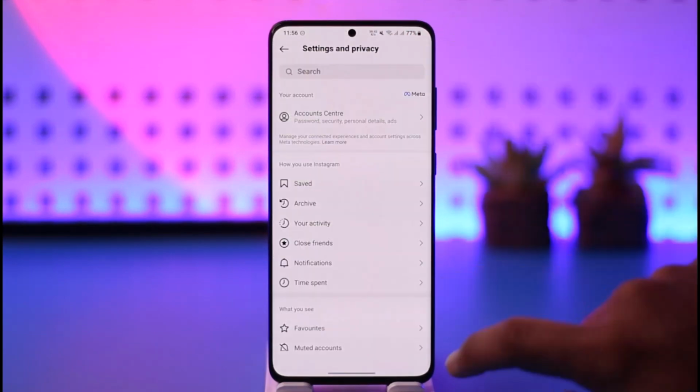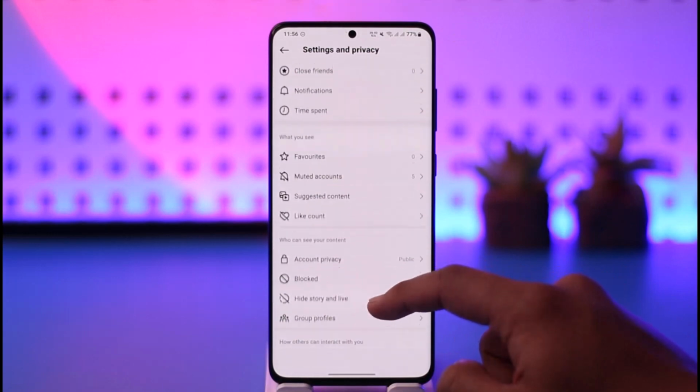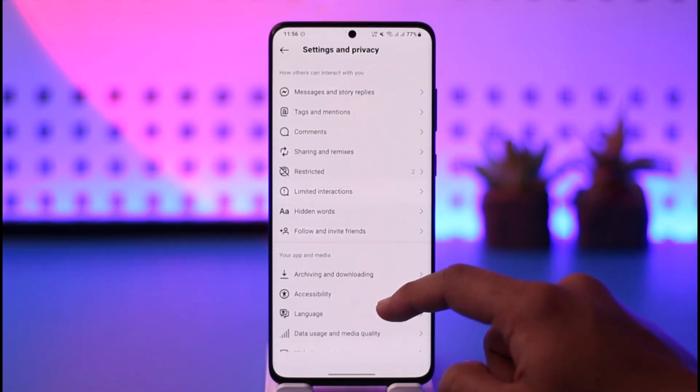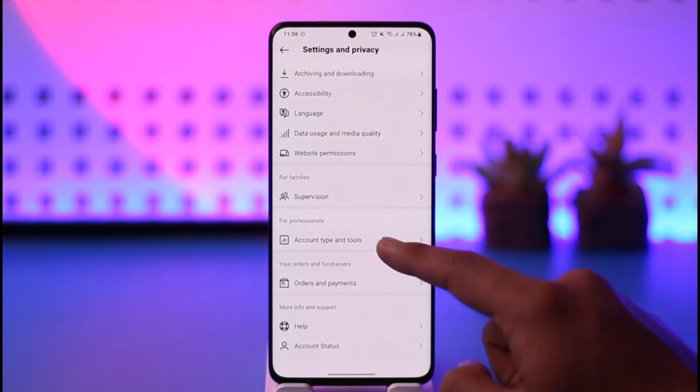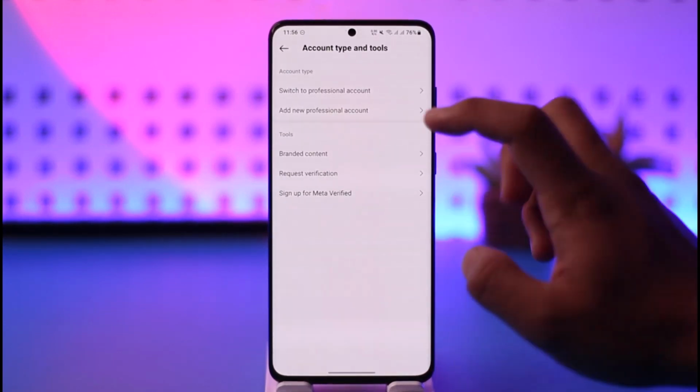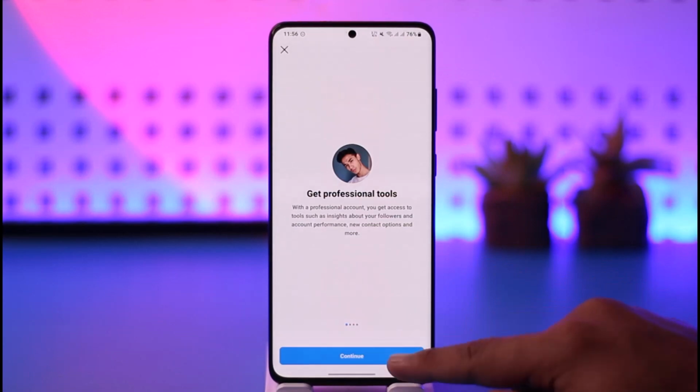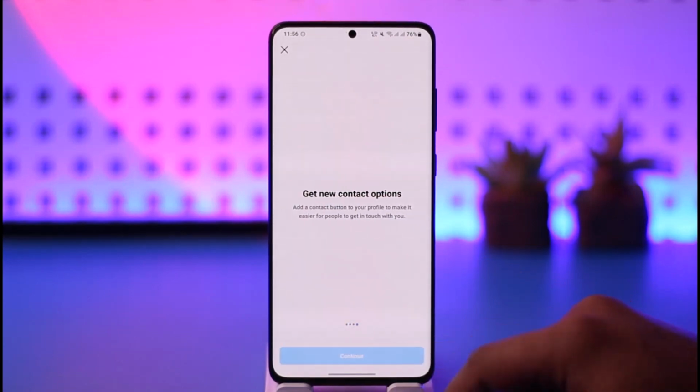Just tap the three lines option from here and you'll find all these sections where you want to simply go to the option known as tools. So let me also go ahead and go to account type and tools here for professionals. Once you're here, you can select switch to professional account, tap on it, tap on continue,